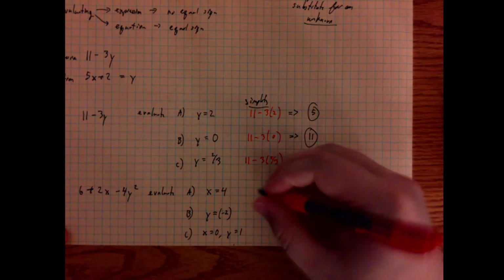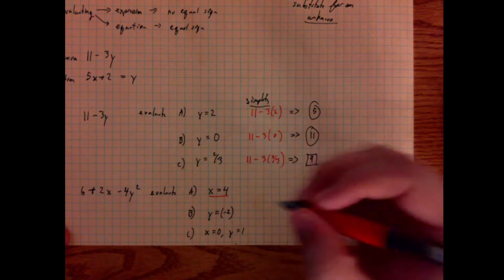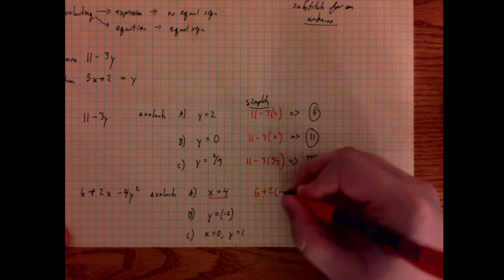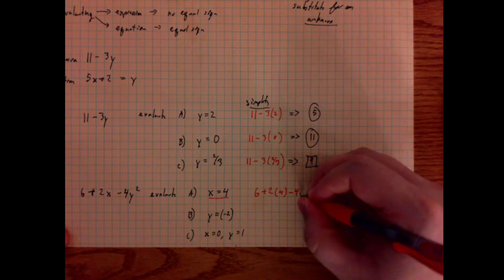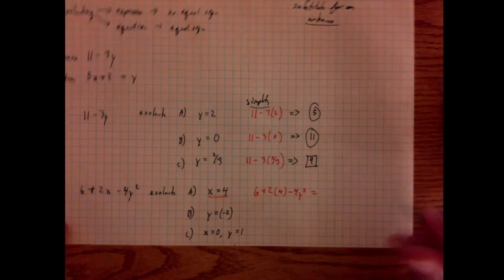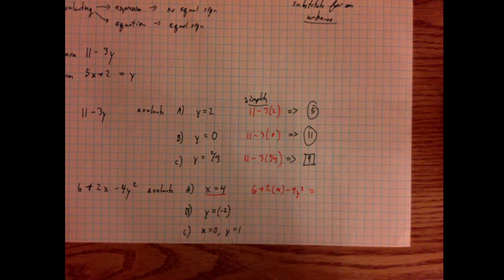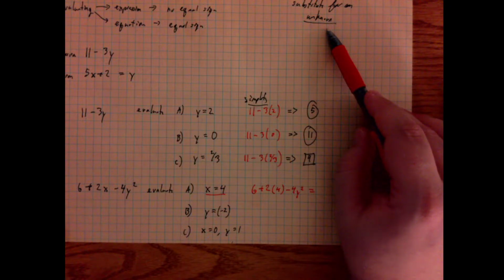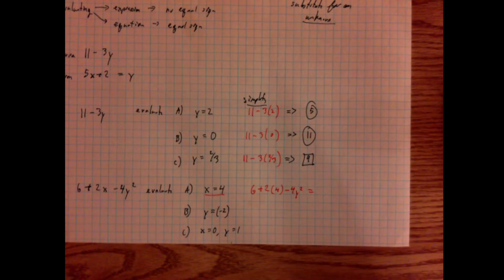So I'm going to take this first one, and the unknown I'm substituting in is for x. So I'd have 6 plus 2 times 4 minus 4y squared. Now note, there are pieces of this that are not going to simplify because they don't simplify. A good rule of thumb in algebra is that variables and numbers do not interact directly. They are separate entities. Because a variable is an unknown, we do not know how it will act. And so we cannot actually do anything with the variable until it becomes a number, like it has here.